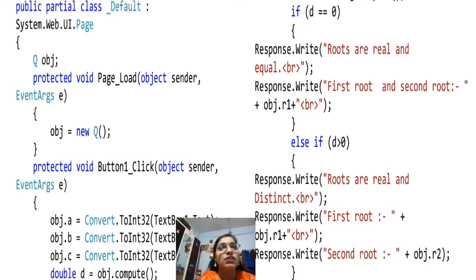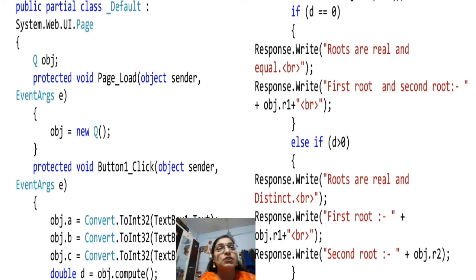So for the same we did the continuation. I hope before moving to the next slide, this is clear to you what we did. In previous slide in class Q, we have written actual calculation, according to the value of discriminant. In this current class, that is default class, what we are doing, we have created object, then we have taken the value of ABC, then we called compute function. Compute function will return D1 value, discriminant value. So on the basis of that value, we are displaying the R1, R2 values. So again next part, that is D1 equal to 0 and D greater than 0 we did.